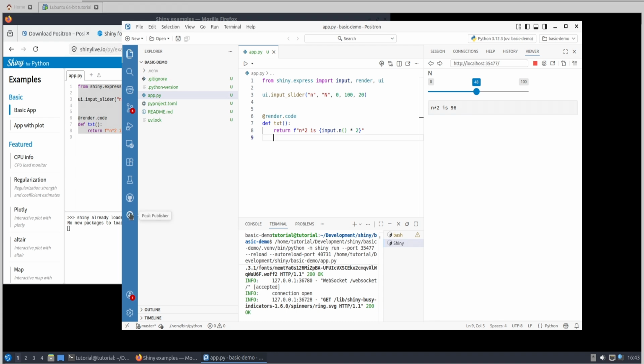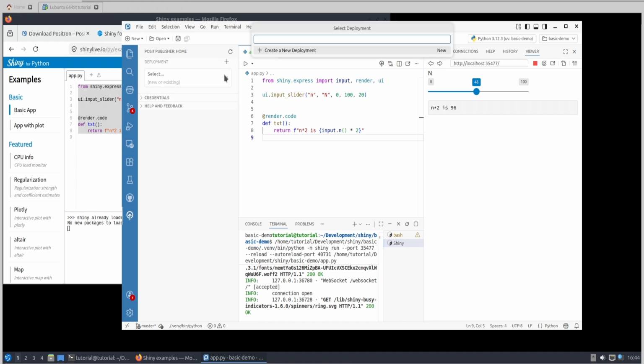Now I'm going to press publish in Positron. So this is a completely new setup. I have not configured Positron at all. There's nothing in here about my credentials. I do have a Posit Connect Cloud account, but if you don't have one, it'll just tell you to create